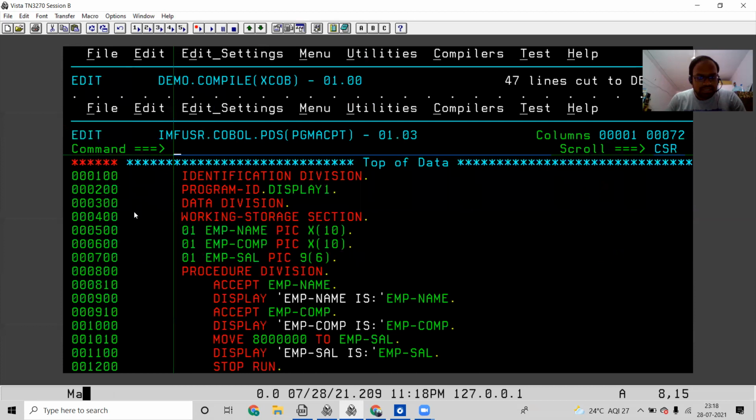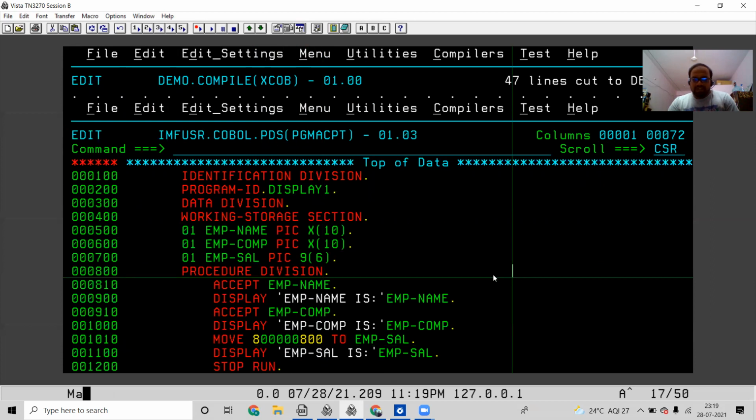PGM ACCEPT is there, right? Here I'm not keeping 8 here. Say I'm keeping 8 and 0 0. Now if I pass the data, what will it take? It should take the rightmost 6 values, right? So right justified, left truncated.